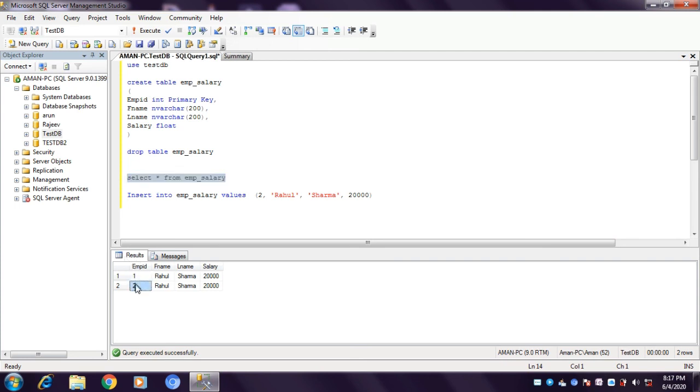That simply means you cannot insert a duplicate record in this table. If you want to insert this, it is not possible as long as we have the primary key defined on the employee ID. So make sure we are defining a primary key while we are creating a table, as it is important to avoid redundancy of the data.